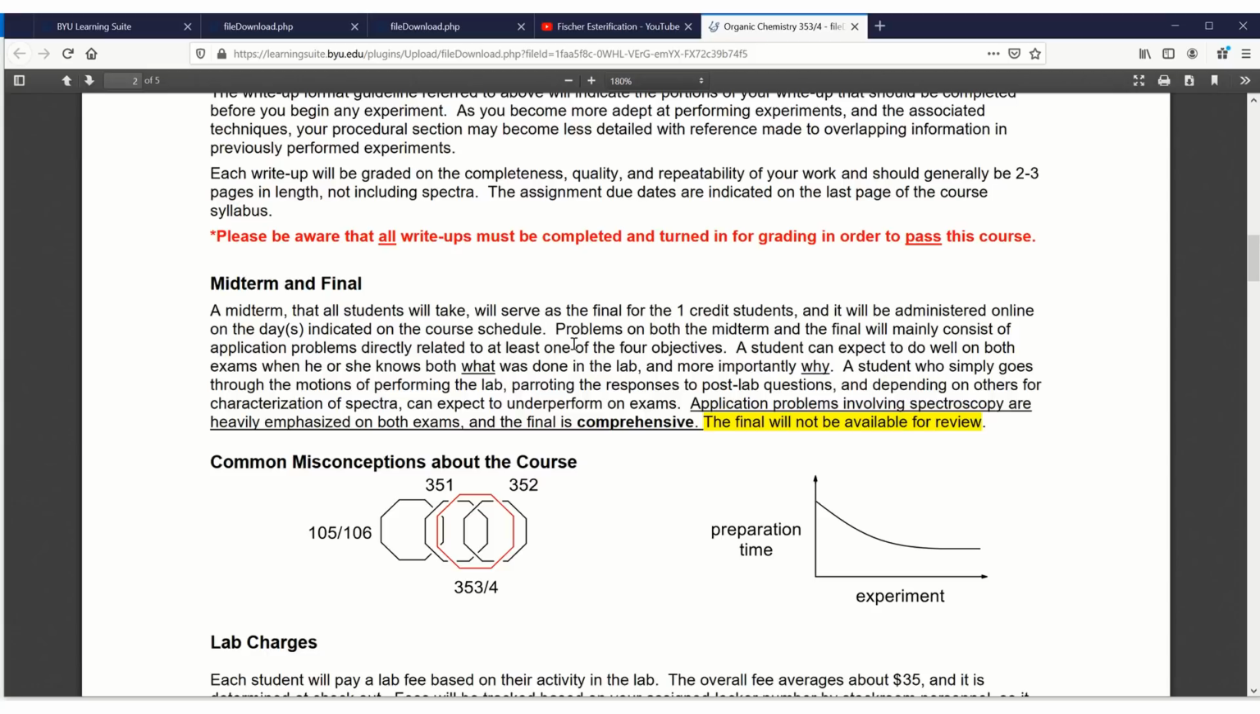Now the problems on both the midterm and the final are going to focus on application problems. These are problems that you're going to be asked to solve that are directly related to each of the labs. In fact, the labs inspired all of the questions. As you're answering the questions, it might remind you of, hey, I think we addressed this in a particular lab, and you can go back to that lab and review it if you like